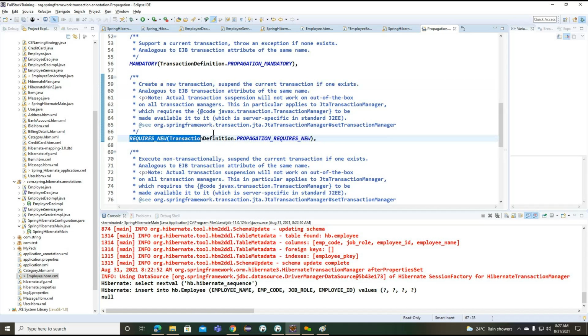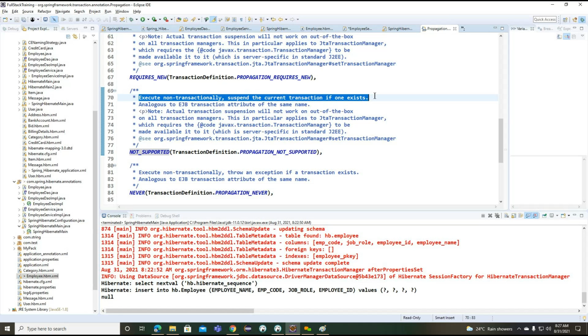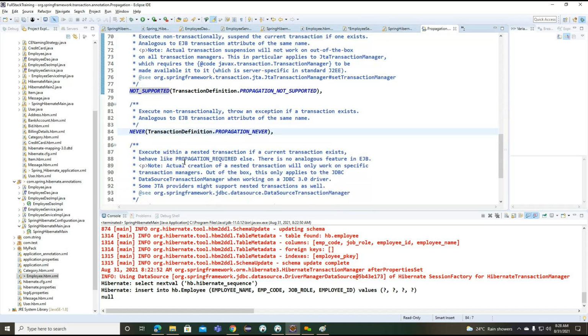Requires new. Right? We are talking about not supported: execute non-transactionally, and suspend the current transaction if one exists. Getting the point? If we have a current transaction, it is going to be suspended, and it is going to work as a simple non-transactional object. And never.